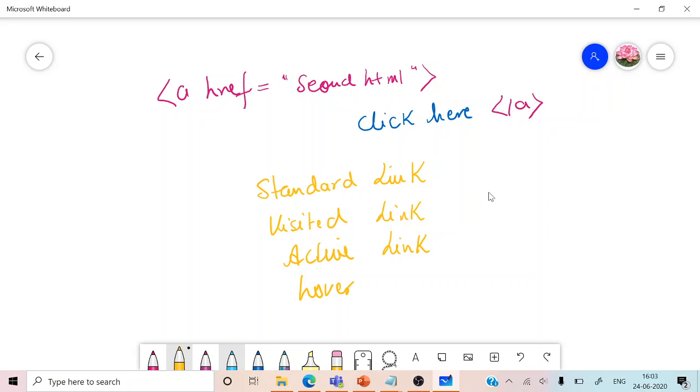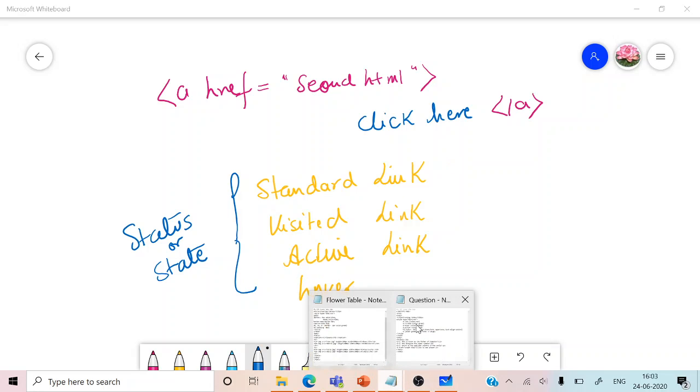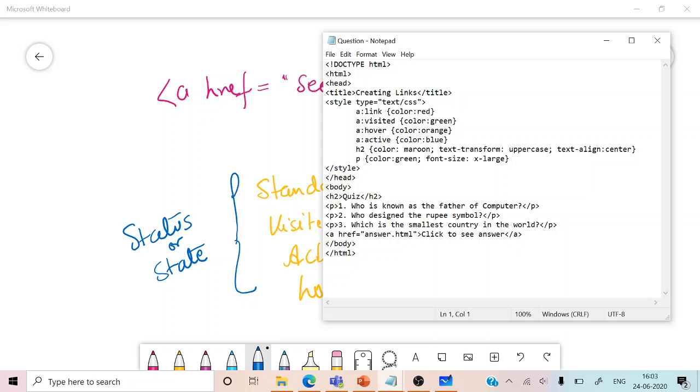So basically these are the states, or 1, 2, 3, 4 states where you will find the links, and to define these states, the code which is working behind is just like that.